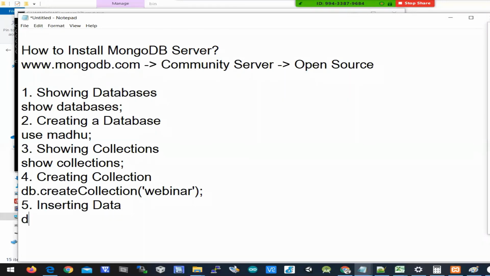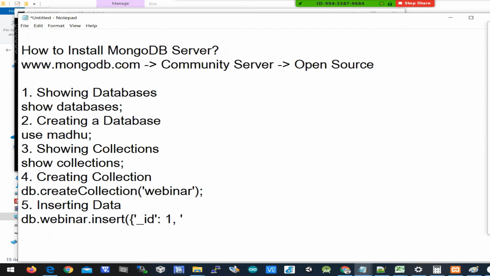To insert data, db.collectionName.insert of _id. A primary key should be there for the document. Say the primary key is s1, comma, and the message. What data do you want to upload? You can put it here.